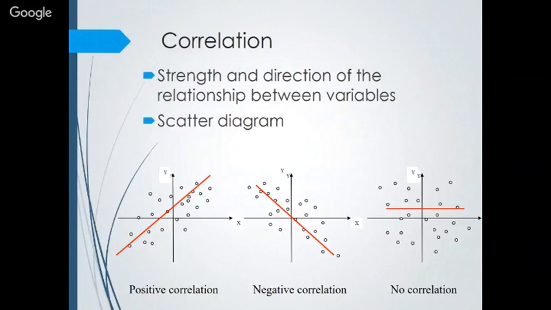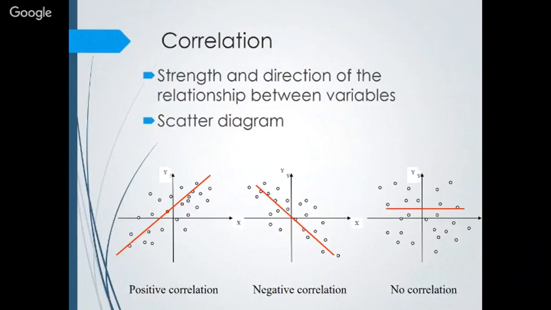For a better understanding, we will discuss the scatter diagram. On the slide below, three graph figures are there. The round dots show the data points. We can plot the data on an X and Y plot accordingly. The red line shows the linear relationship between the x and y variables.